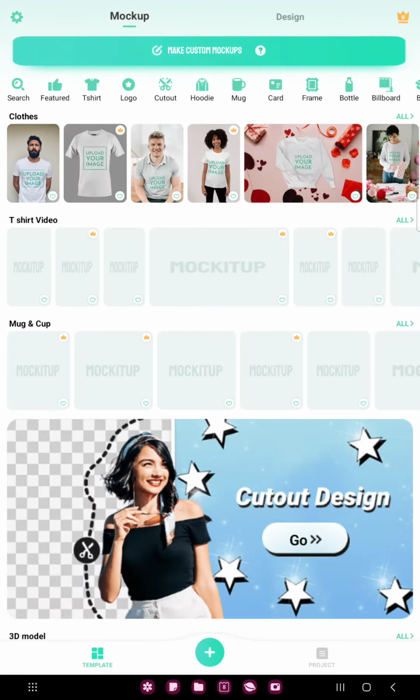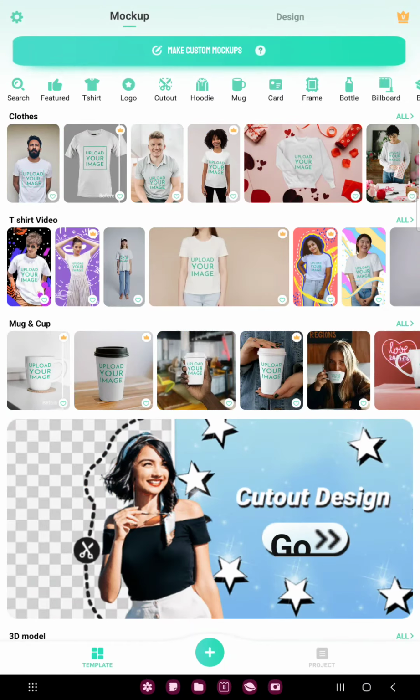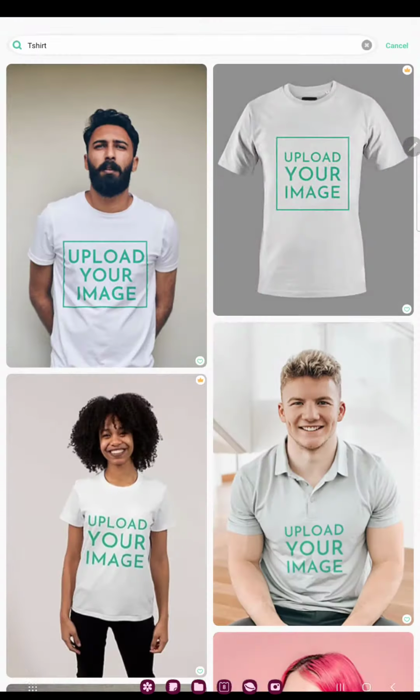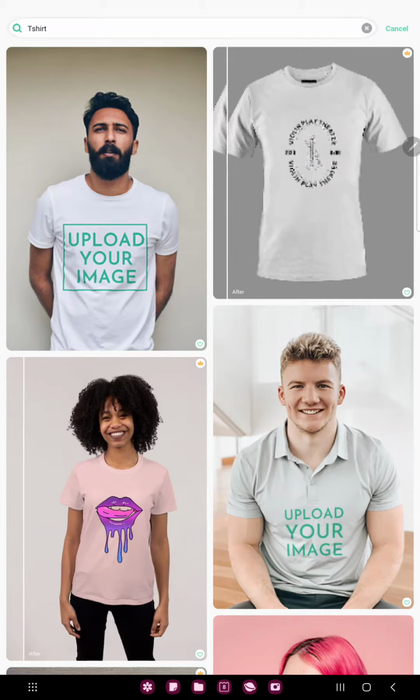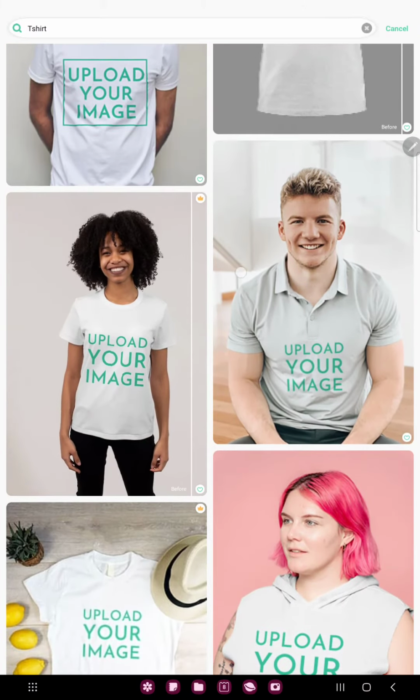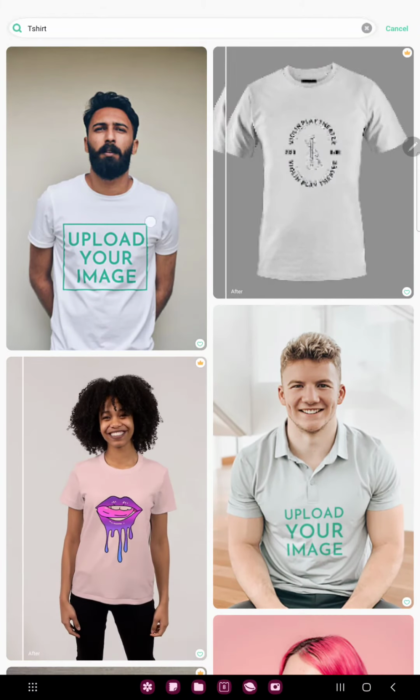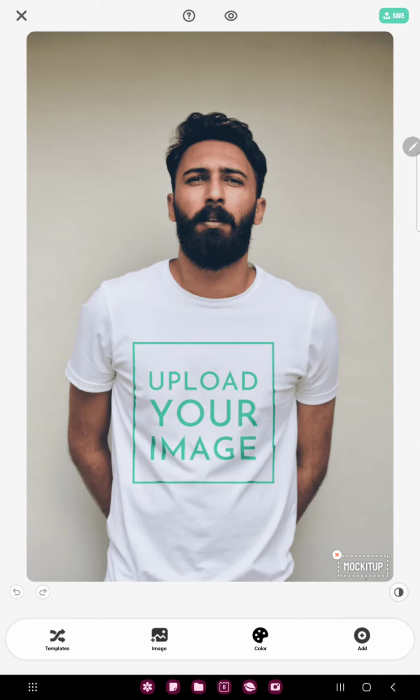First of all, open the application on your device. Tap the T-shirt button next to the featured option at the upper side of the screen, and here select a T-shirt. Now, if you want to add an image to your T-shirt, just go to the image button next